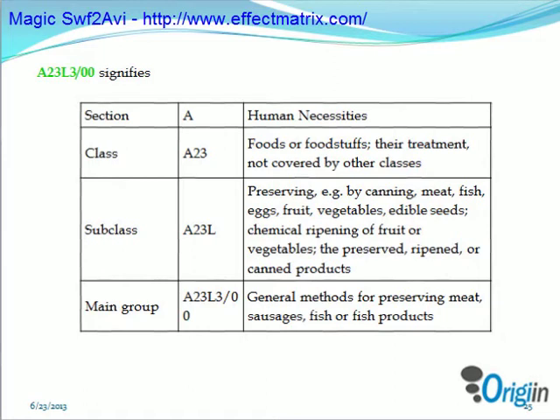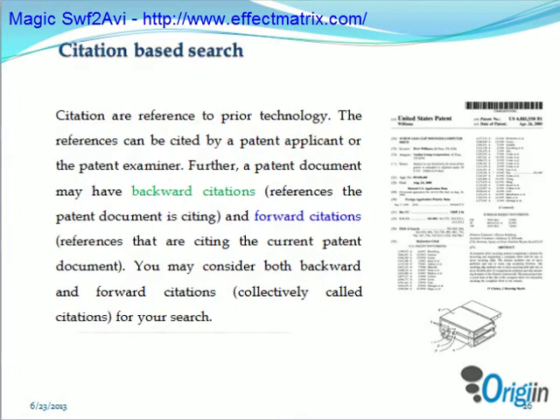So depending on the time constraint, it might not always be possible to review a large number of patents. The number of results can be reduced by adding broad keywords as a limitation to the query that includes the IPC code. Hence, if you have completed your search using keyword and classification search, the next step is the citation based search to make your search more foolproof. So the next is the citation based search.